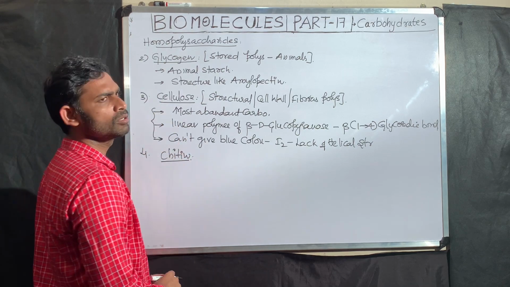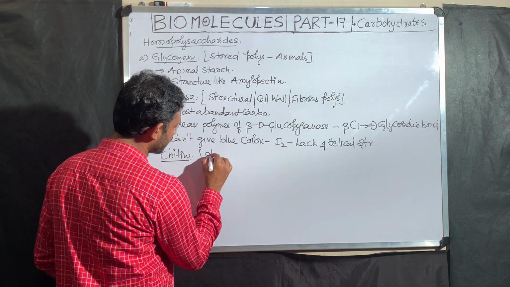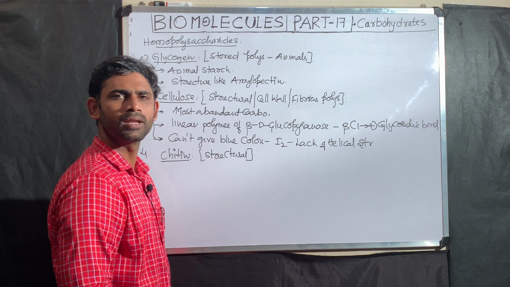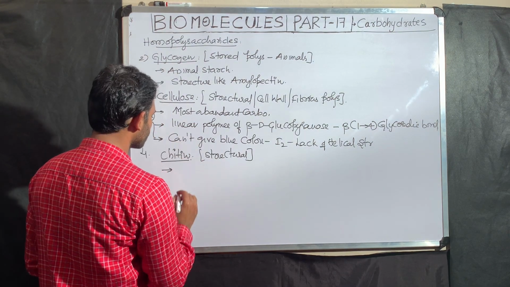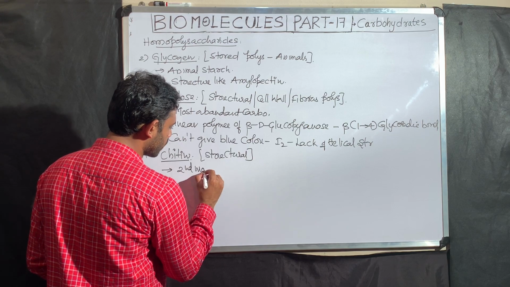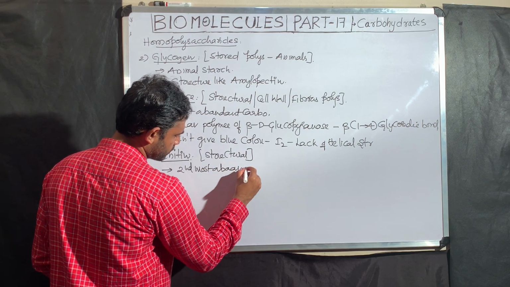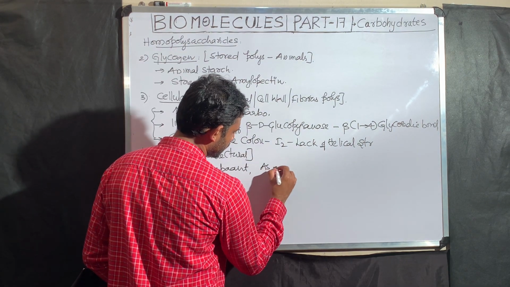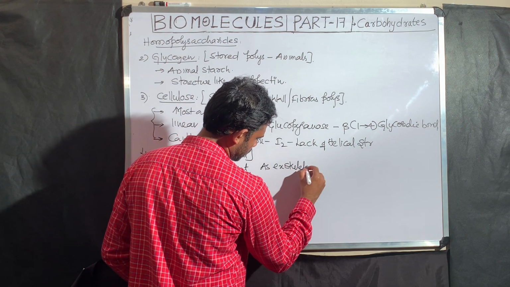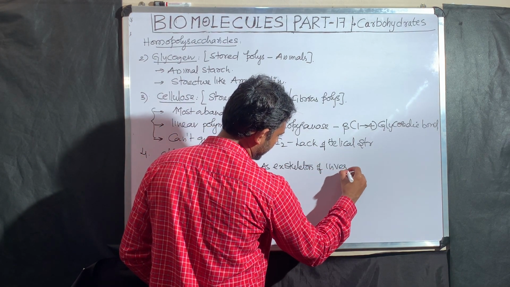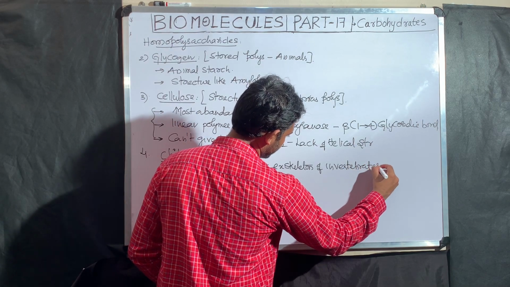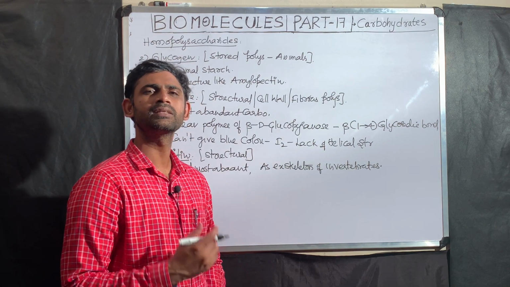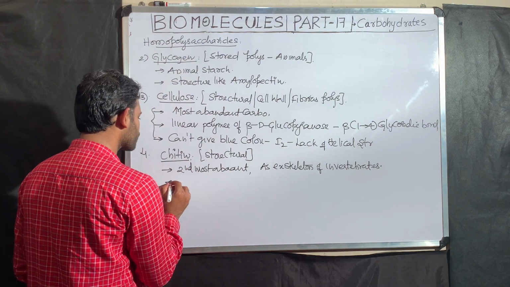Same. Like cellulose, chitin also belongs to structural or cell wall or fibrous polysaccharide. After cellulose, chitin is the second most abundant carbohydrate, as we know. It is present as the exoskeleton of invertebrates. When I say chitin is present as exoskeleton of invertebrates, which phylum is that? That is arthropods. Then next comes its structure.